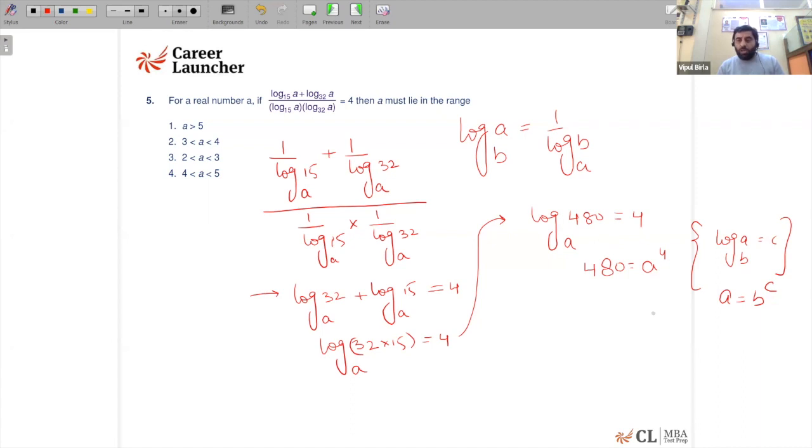Now, if I take a equal to 5, so 5 to the power 4, if I need to calculate, is nothing but 5 square, 25, to the power 2, which is going to be 625. So I know it is nothing but less. So therefore, I can say a has to be greater than 4, but it is going to be less than 5. So the value lies between 4 and 5, and this is what we are supposed to identify. Therefore, option number 4 is the answer to this question, right guys? So the question was not tough. The only thing is, this is how I need to solve it.